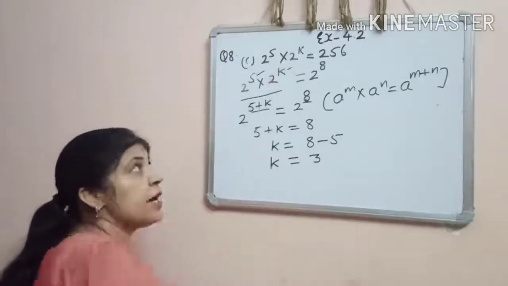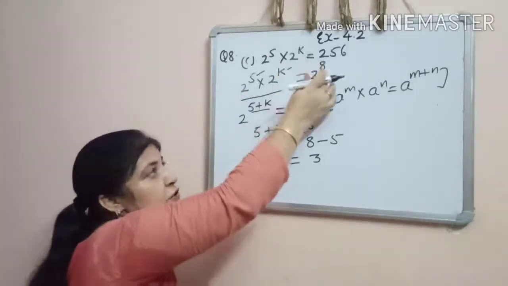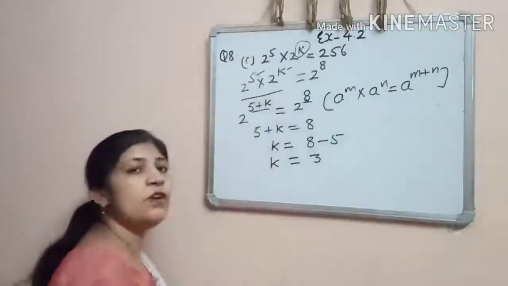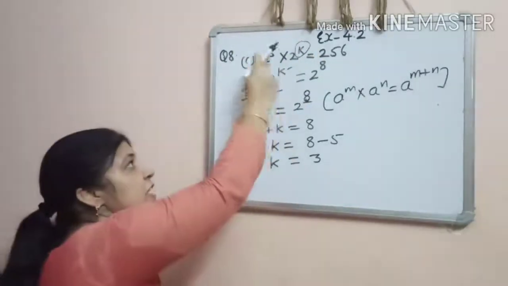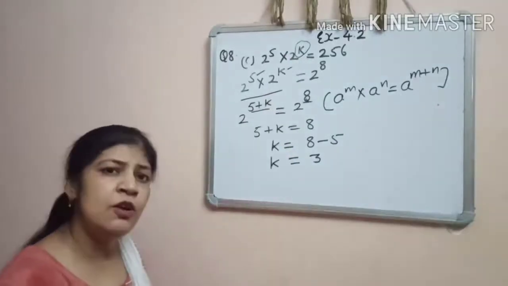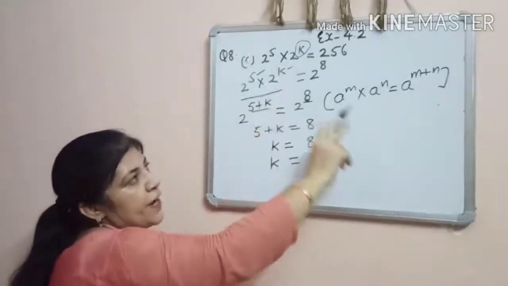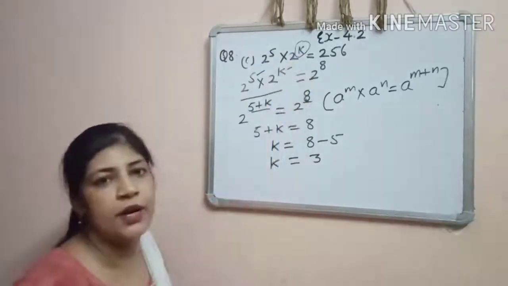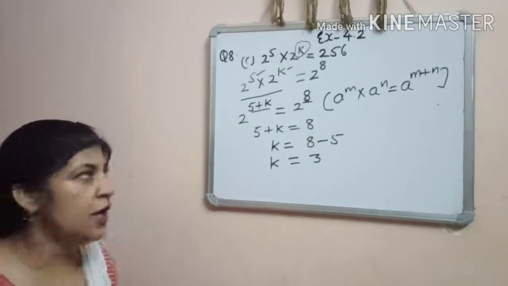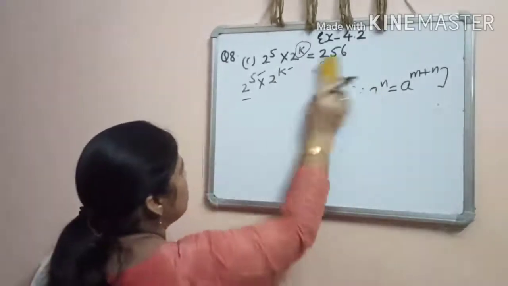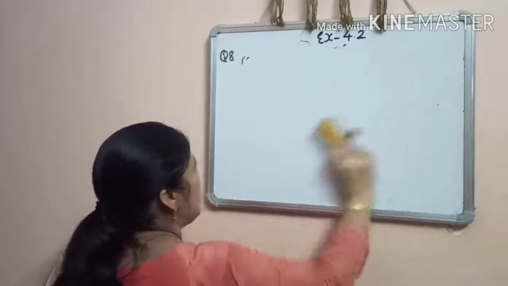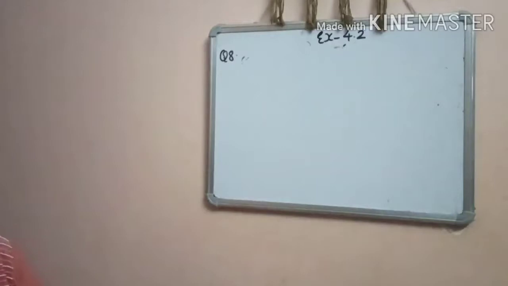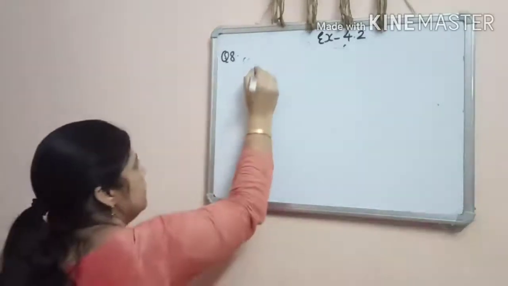So to solve such type of questions which are in exponential form and you need to find the value of the variable which is in power form, you have to convert each and every term in exponential form. And by applying the law of exponent, you can easily solve or you can easily find the value of unknown variable. Okay. Now I am taking one more part so that it will be more clear to you. The last part I am taking 2 by 3 raised to the power 15